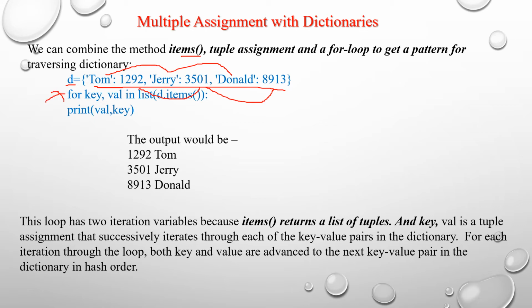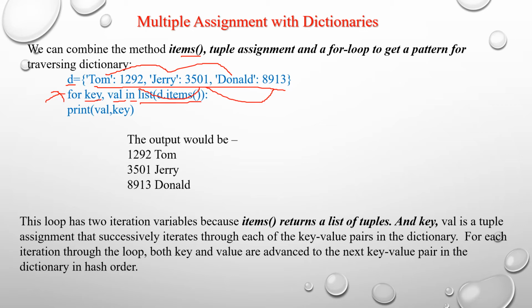So for loop and loop variables, I name them as key, comma, val. After that I am using in list of d.items(). So this converts the dictionary into a list of tuples. So if you print